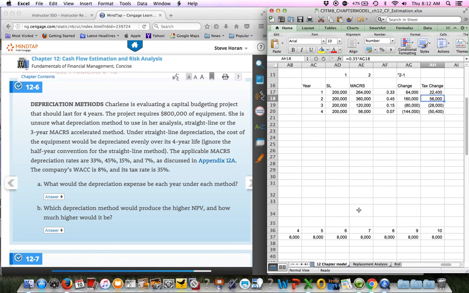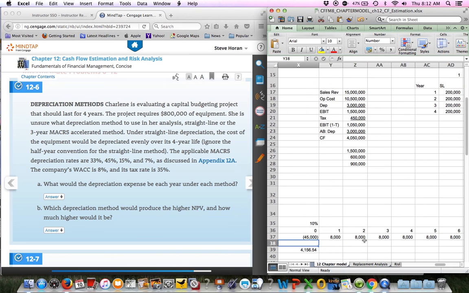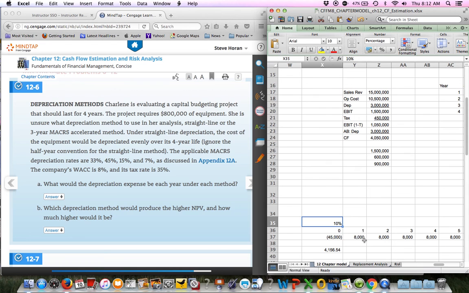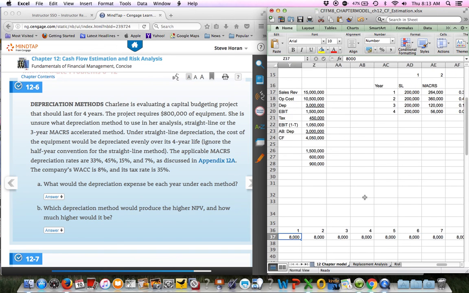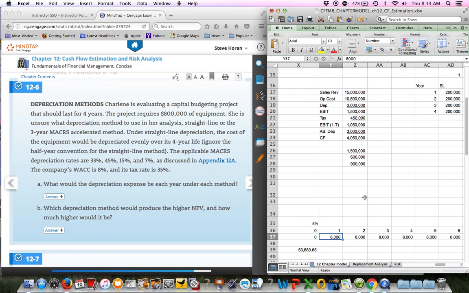So what I have to do is go down here and enter in my NPV calculation. I'm just going to take the one I've already done and go, okay, it's 8%. And then my initial cash outlay is actually 0. It all happens in years 1, 2, 3, and 4. So in year 1, just to use the numbers up here, I'm using the 22.4, the 56, the 28, and the 50,400. I'm going to type those in down here. So year 1 is the 22.4, then the 56,000, then negative 28,